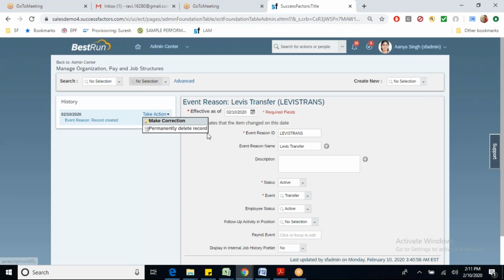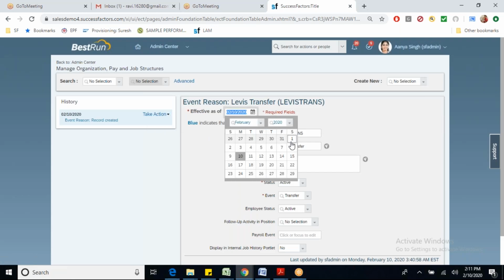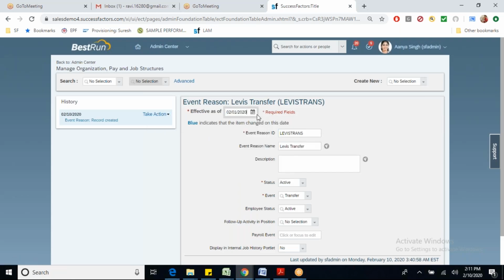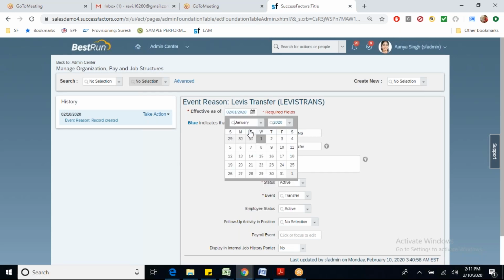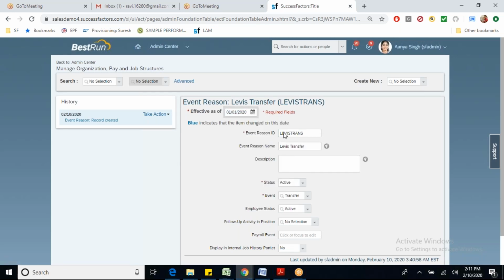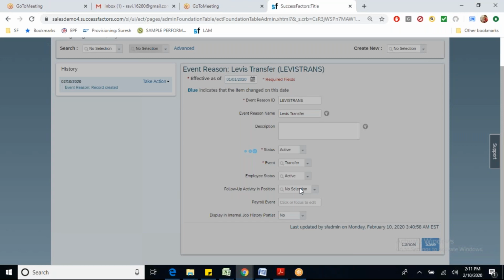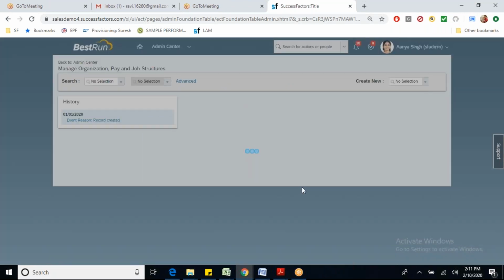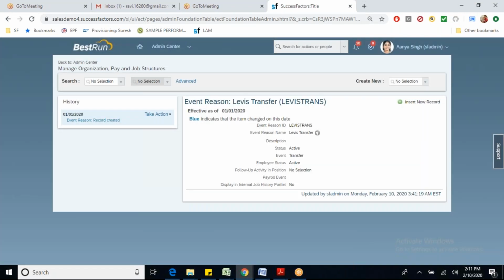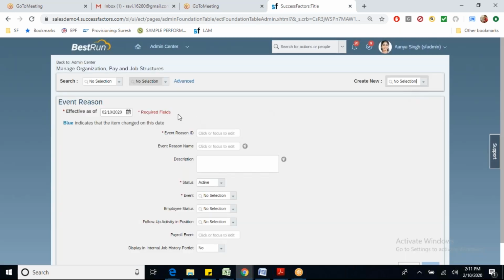What is the date? The date is showing as 2/10. It should be Jan 1st. I'll save this. I'll create one more event reason called promotion, so that I'll have two different workflows for 2 different event reasons.